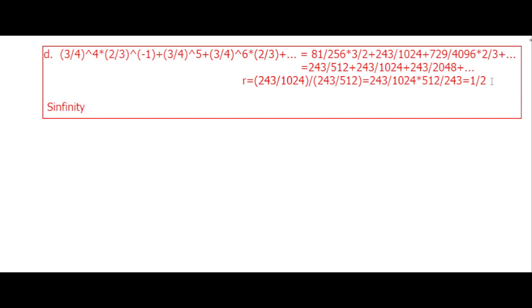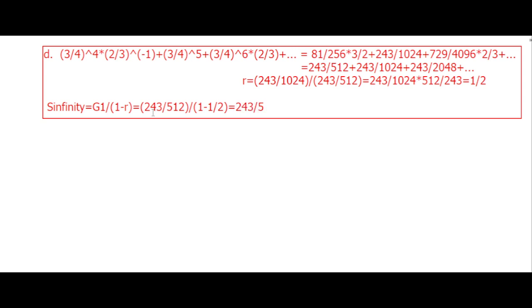S infinity is equal to, since R is less than 1, we use this formula, J1 over 1 minus R. So let's substitute for J1. Let me write the formula, J1 over 1 minus R. So this is equal to, instead of J1, we substitute 243 over 512, over, in brackets, 1 minus 1 over 2, which is equal to